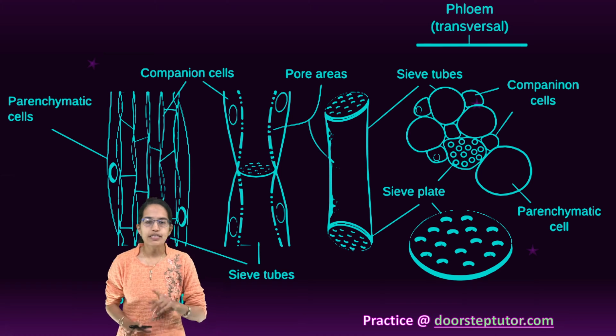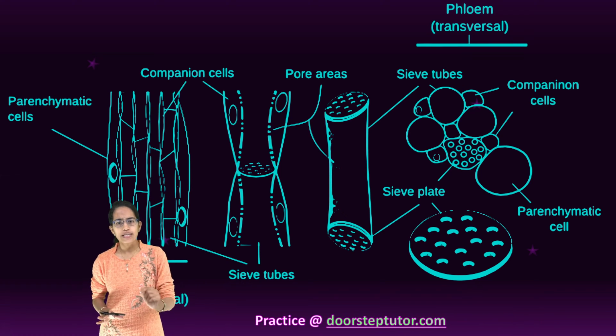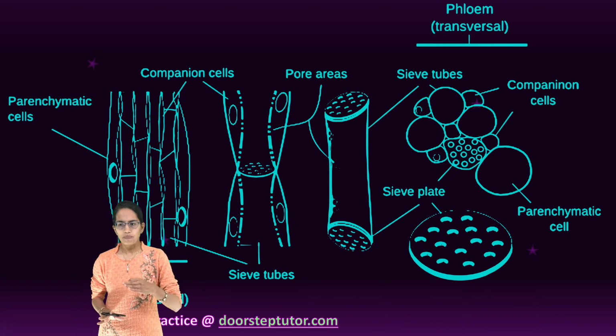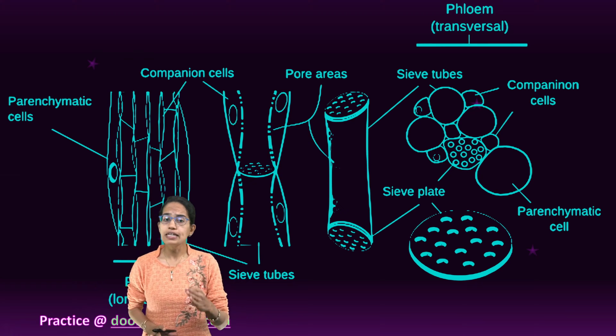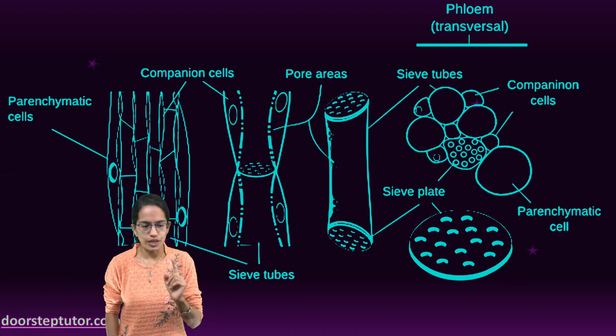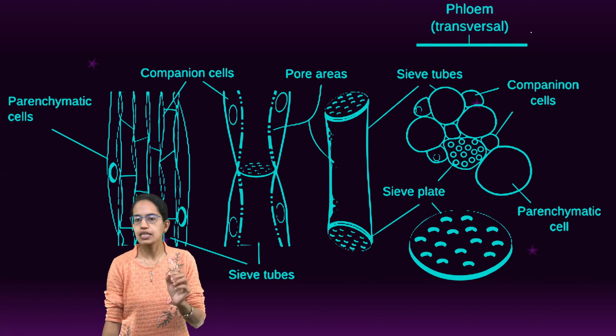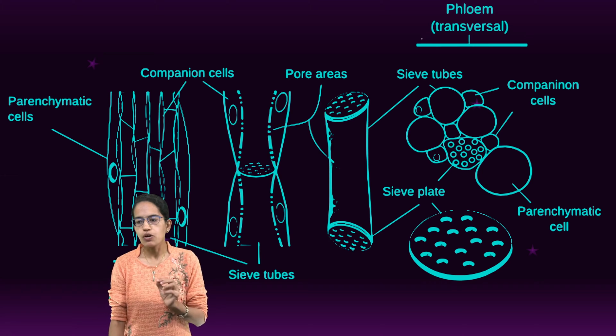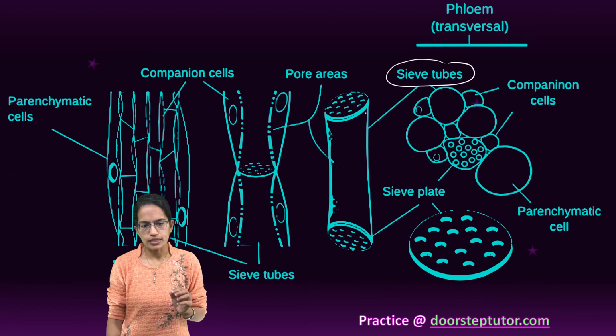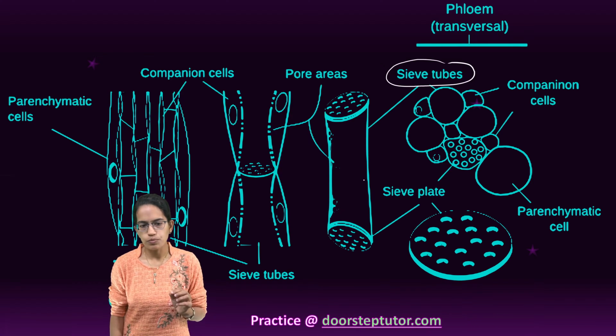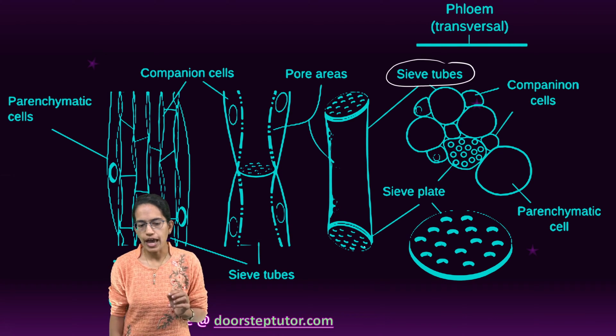Coming on next is the phloem. Now phloem, as we said, is a living conductive tissue with only one exception, where phloem fibers are present and phloem fibers are dead. Now coming on to sieve tubes. So as you can see the structure here, this is the sieve tube. The end of the sieve tube would have the sieve